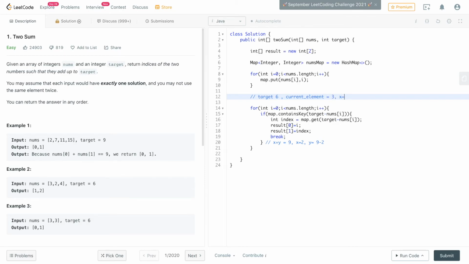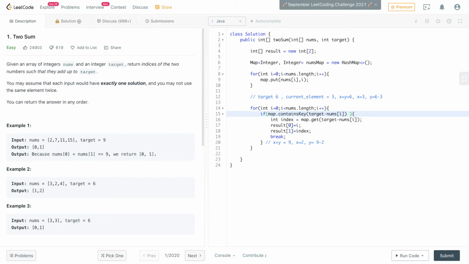Then x plus y equal to 6, x is 3, then y would be 6 minus 3. So even if the difference is 3, right, which already exists for the current element, that means our map already has a 3 which we are checking currently, and when we check it, it would return true and it will count the same element twice. So we need to avoid that condition.